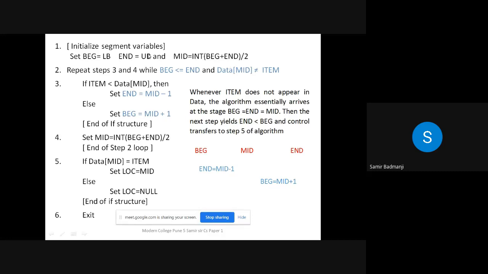End is equal to upper bound, and midpoint is what? Int begin plus end divided by 2. If you don't write the bracket here, what will it be? End divided by 2. So give a bracket here so that the addition of beginning plus end divided by 2 will be the midpoint. Now repeat steps 3 and 4 while beginning is less than or equal to end and data mid